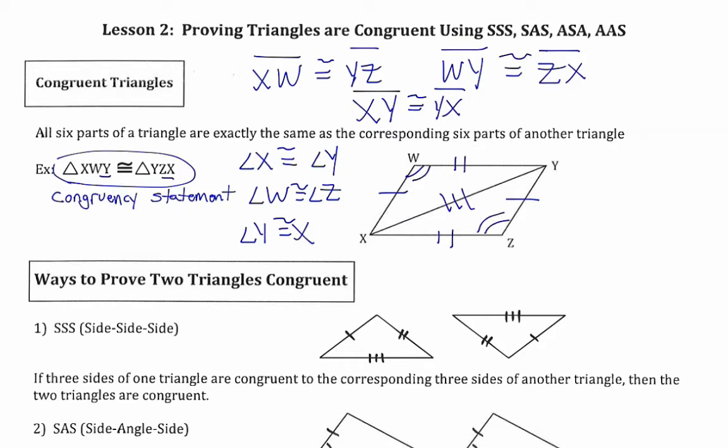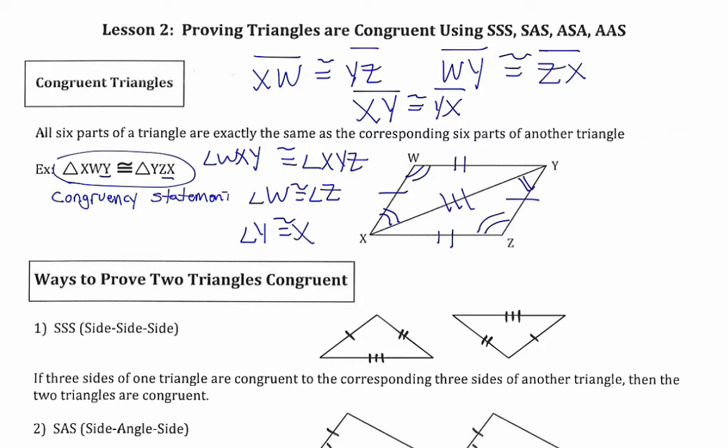But here we run into our first problem. The first statement I wrote, angle X congruent to angle Y, is exactly the same thing as angle Y is congruent to angle X, but they're referring to different things. So we should use 3 letters. So the first angle X in the triangle would actually be angle WXY, and that will be congruent to, we want to use 3 letters, this angle over here, angle Y in the other triangle, which we could say angle